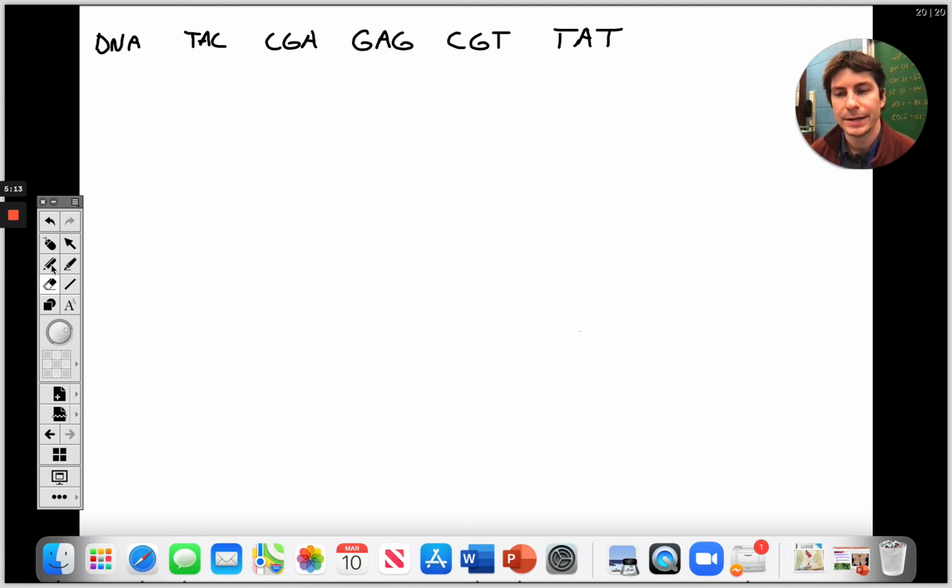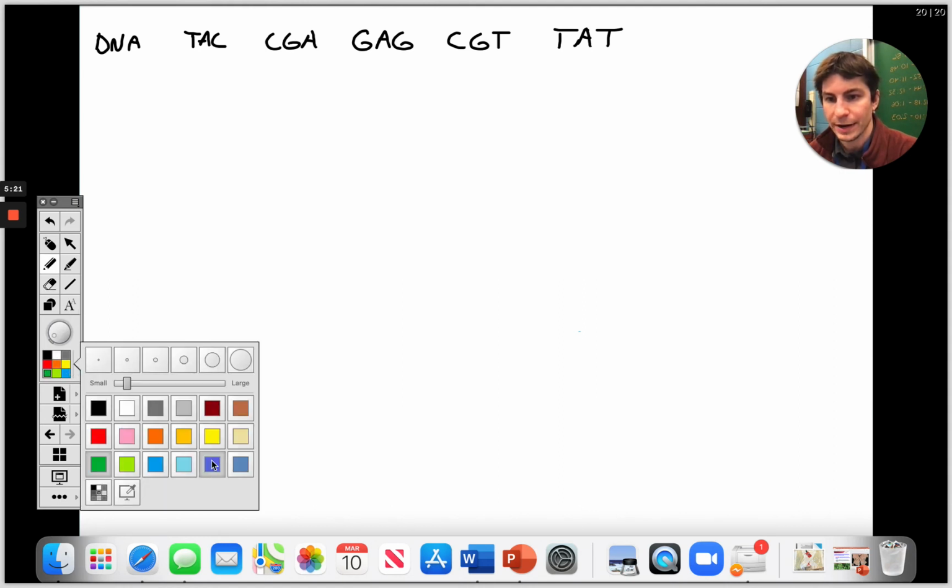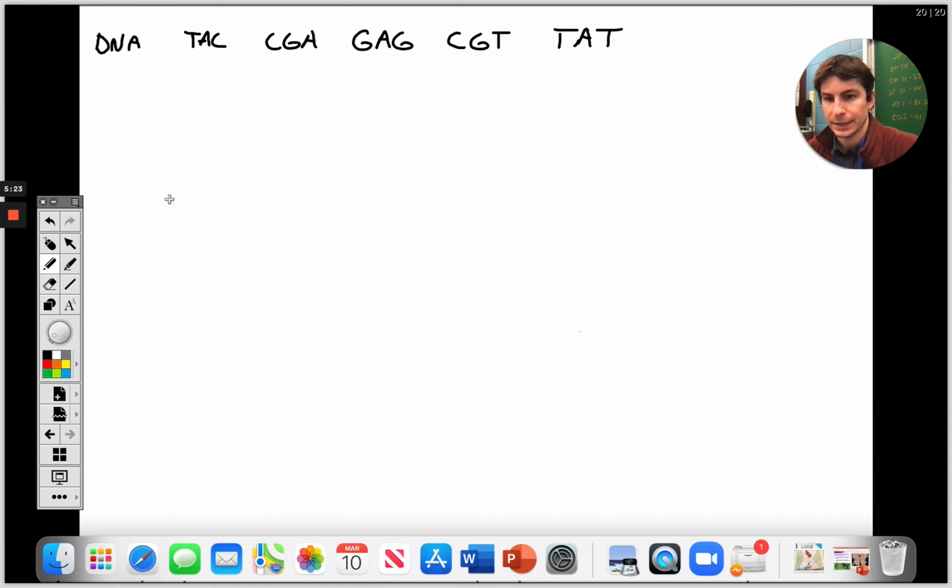Give me the amino acid sequence for the complementary DNA. This is not the complementary DNA. That is our first step. We have to go to the complementary DNA before we do anything. So, complementary